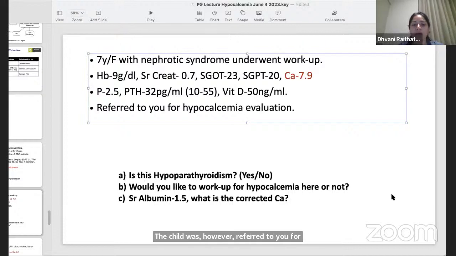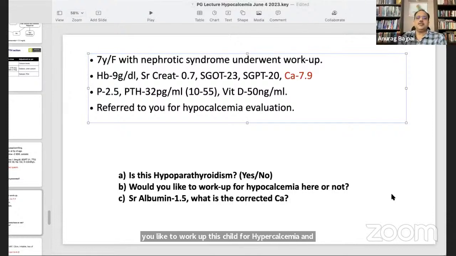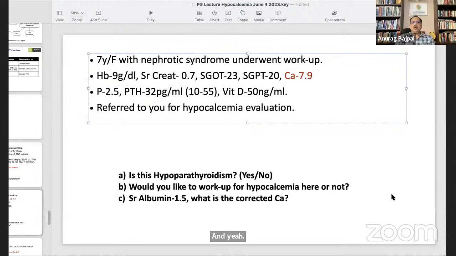So in the presence of low calcium and this normal PTH, do you think this is hypoparathyroidism? Would you like to work up this child for hypocalcemia? The first question is whether it's hypoparathyroidism. You have a low level of total calcium and a PTH which is inappropriately normal. So I think we'll take answers on that. Meanwhile, there are a few answers from the previous one. Dr. Sekhar Malidi has mentioned